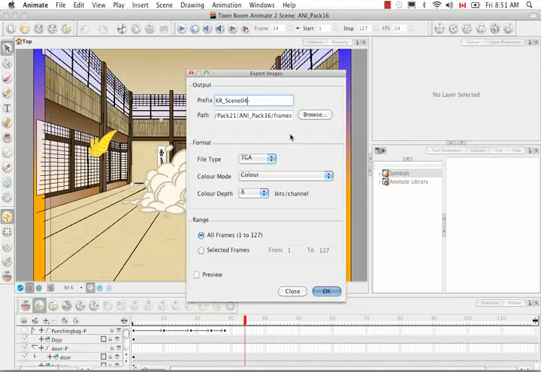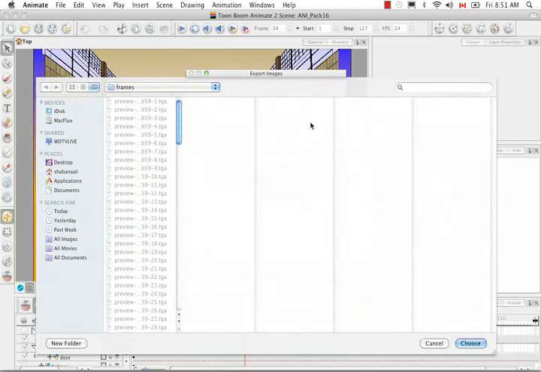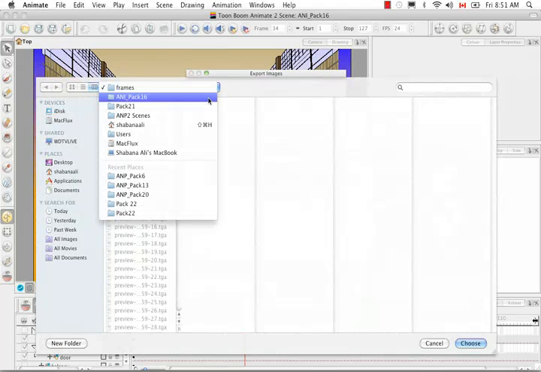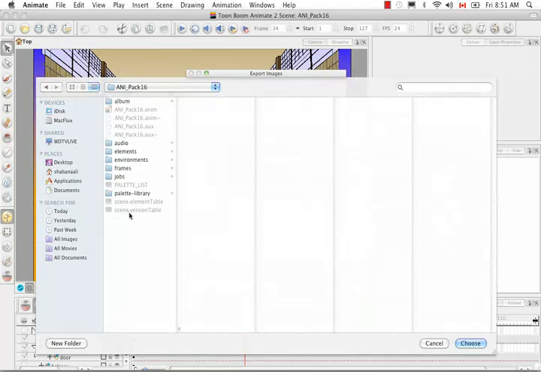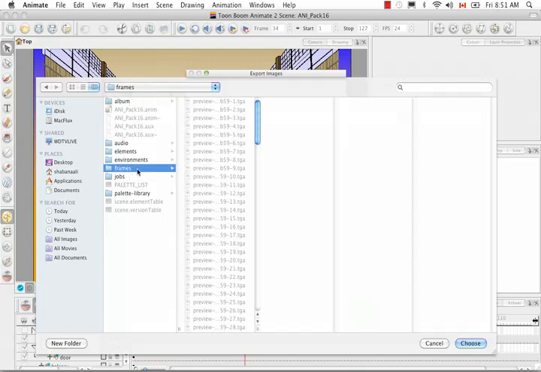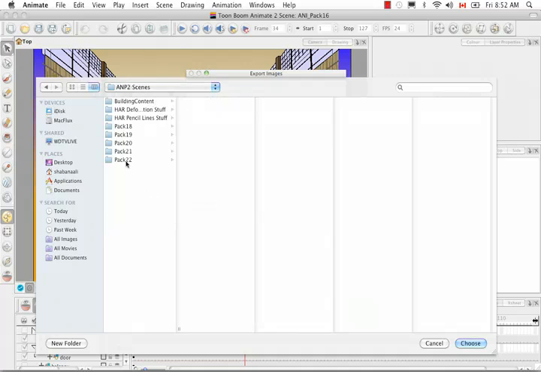So the default place to save these frames is actually in the frames folder for this scene. Let's just browse there for a minute and I'll show you. Let's go up a level back to pack 16. If you remember, in the folder where your actual scene file is, so the .anim file in this case, there are a bunch of other folders: elements, environments, frames, jobs. So this image sequence is going to be exported and saved by default in this frames folder, unless of course you choose a different location. In this case, I'm going to go back to pack 22 and put it with the rest of our exports. So I'm going to say choose,